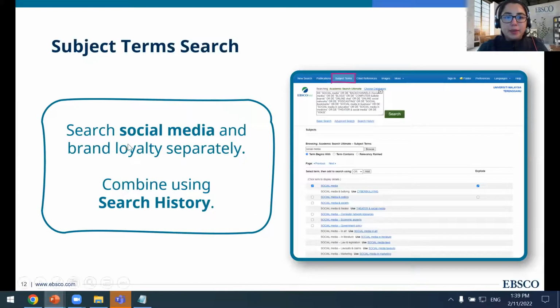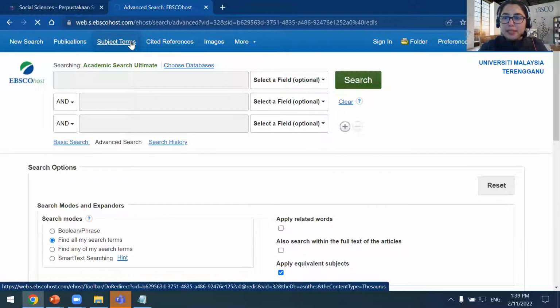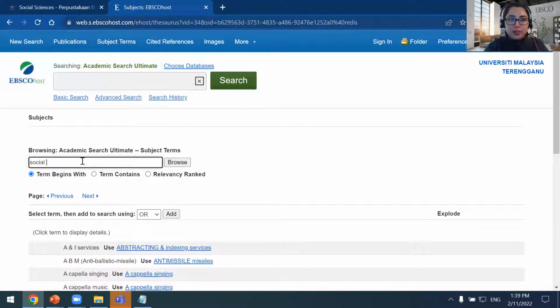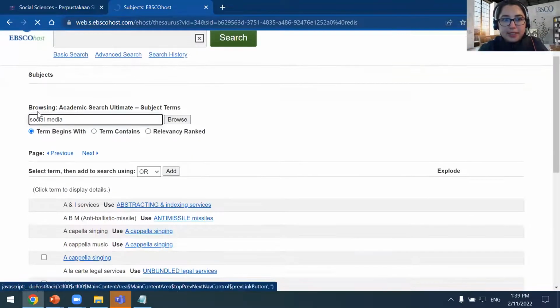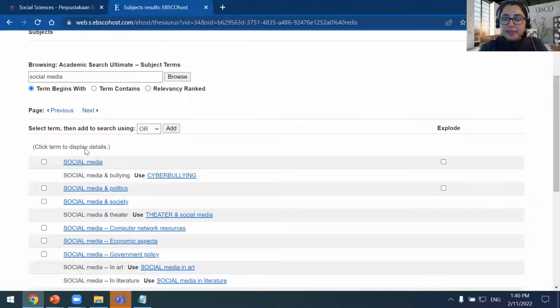So in this example, I'm looking for social media and brand loyalty, and I'm going to use the subject term search. So at the top toolbar, I select subject terms. And my first term I'm searching for is social media. So under here it says browsing. I search for social media, and it is in fact a subject term.